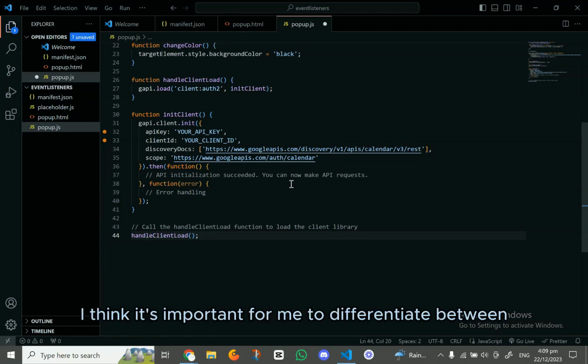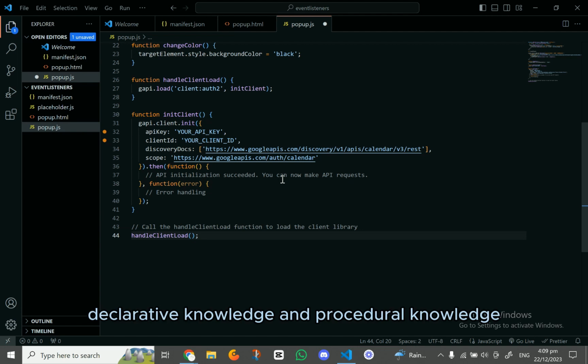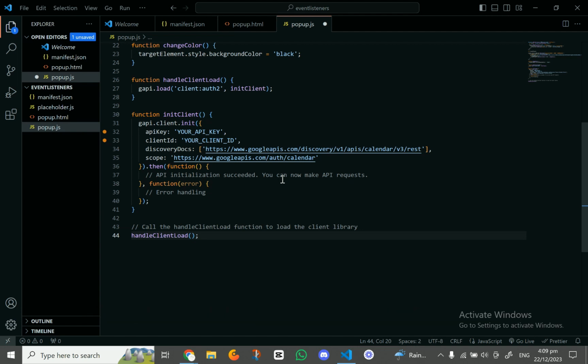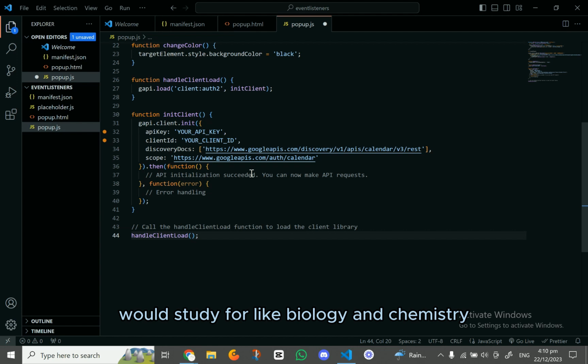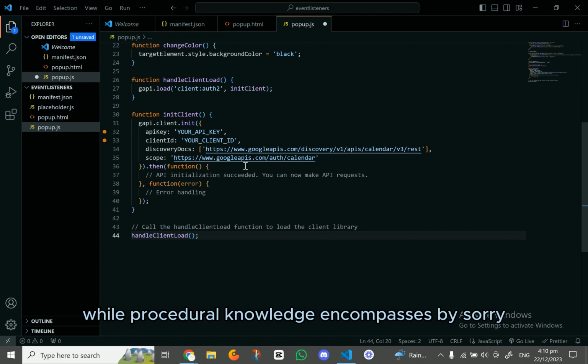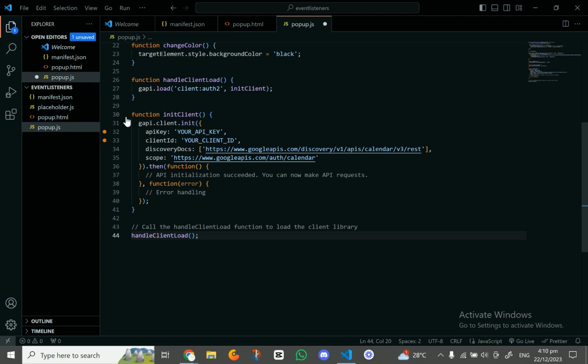I think it's important for me to differentiate between declarative knowledge and procedural knowledge. So declarative knowledge is what I usually would study for, like biology and chemistry, while procedural knowledge encompasses math and coding, stuff that requires you to do more stuff on paper.